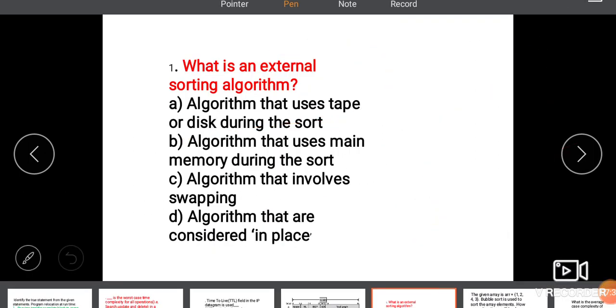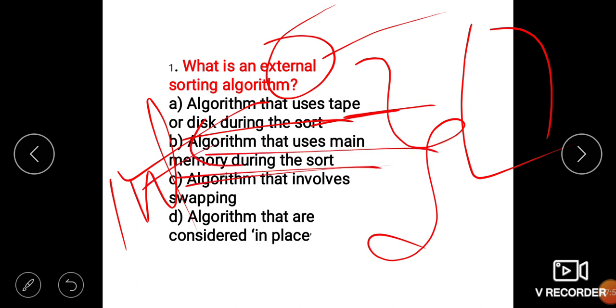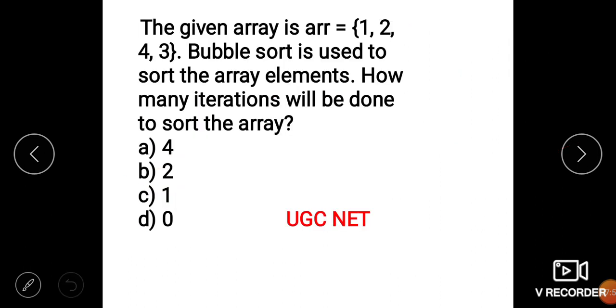If the question asks what is an internal sorting algorithm, at that time option B is correct: an algorithm that uses main memory during the sort.